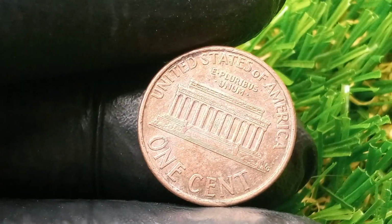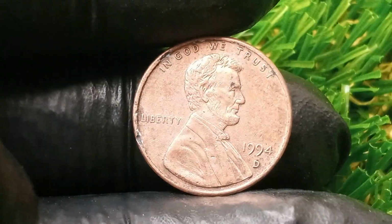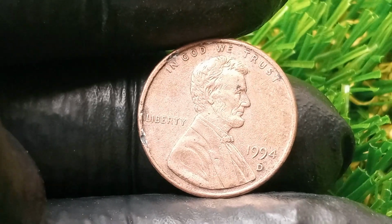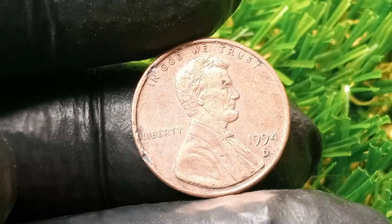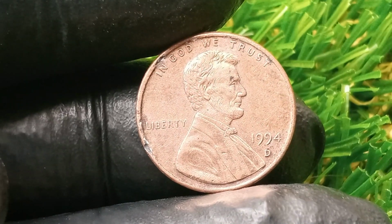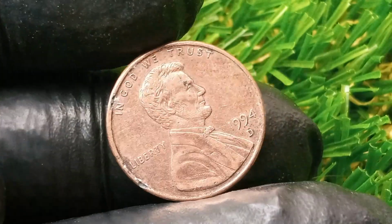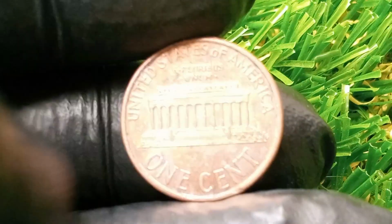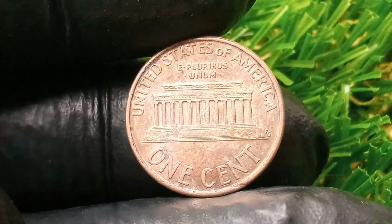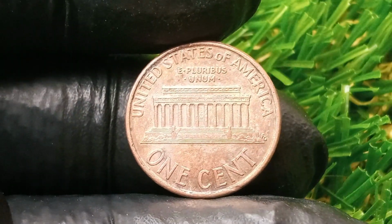And as more and more people enter the hobby, drawn by tales like this one, the hunt intensifies. The 1994 D penny has inspired a new wave of collectors scouring rolls of coins, hunting for that one-in-a-billion anomaly that could change their life forever. In a way, this coin has become more than just a rare artifact, it has become a symbol of possibility, a numismatic legend that blends the scientific with the mysterious, the factual with the fantastical. The sheer number of variables needed to create such a coin is staggering, and yet, here it is, real and